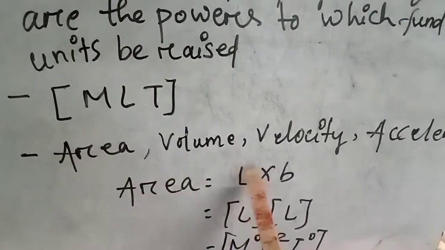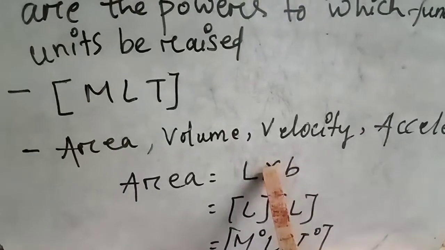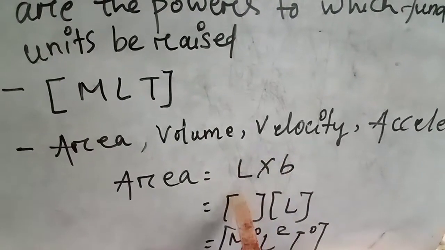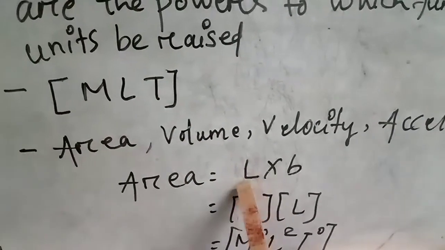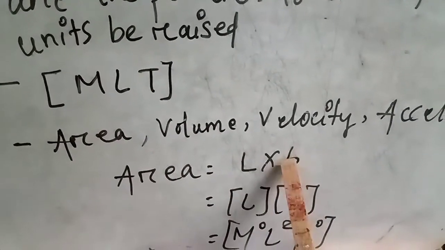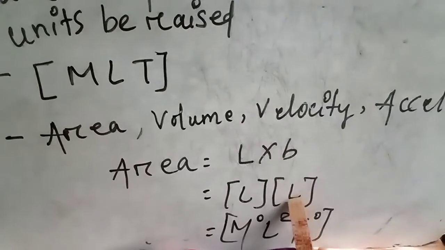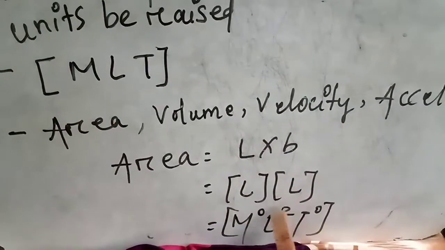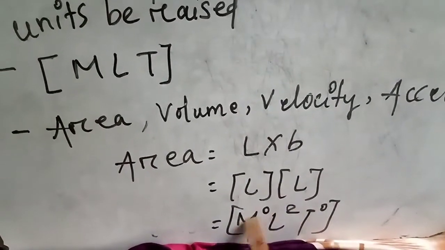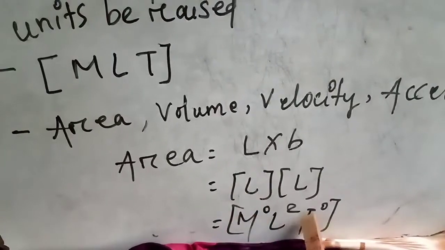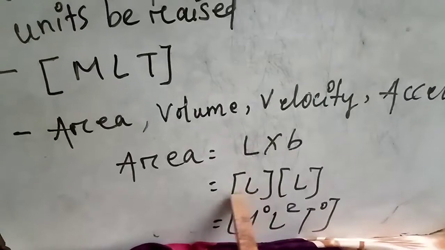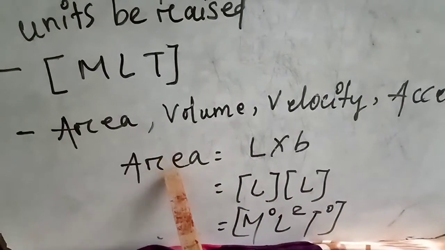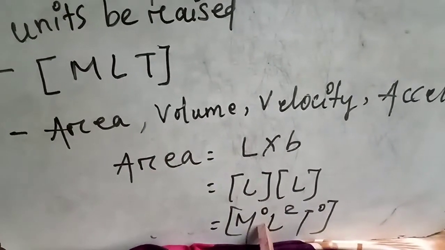Area's formula is what? Length into breadth. So length is a distance, that is why it comes under L. So L within the square brackets. Breadth also is a distance, so it is L. So L into L, L to the power 2. There is no role of mass and time over here, that is why M0 L2 T0 within the square bracket. So this one is the area's